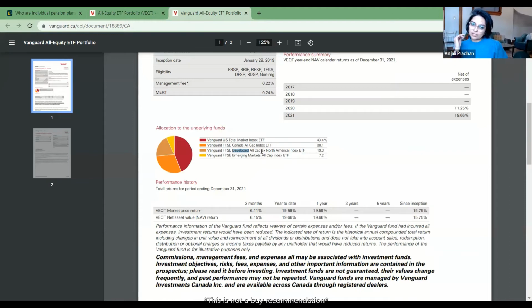And essentially, when you see this "ex North America," what it's meant for is that they've designed this ETF with North American investors in mind. So investors who are in Canada or the US and already have a North American holding. So holdings like the US we already have and the Canada we already have.